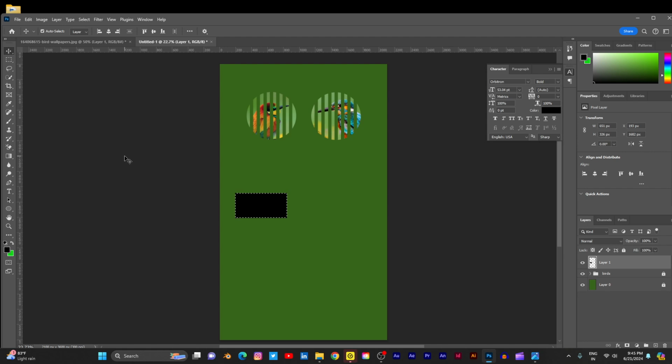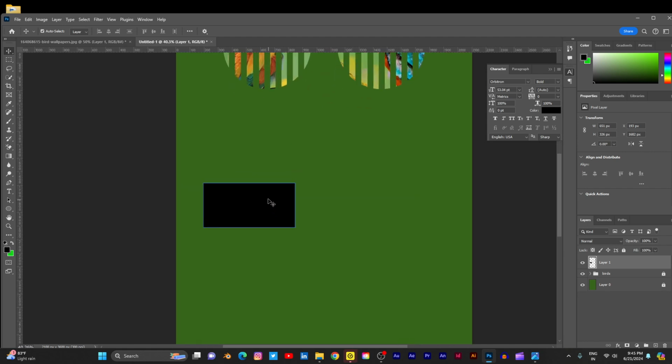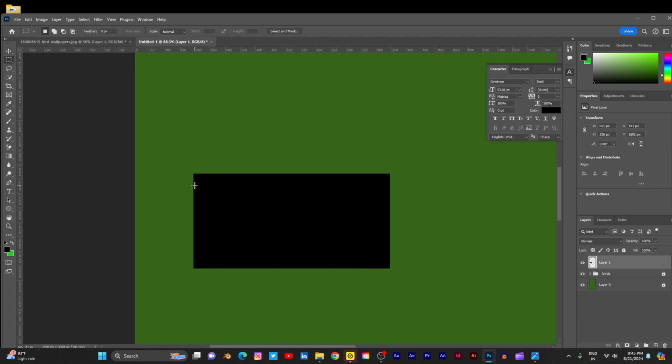Okay, and Control D, deselect. And here again I'm using some rectangle selections. Move this selection with the selection